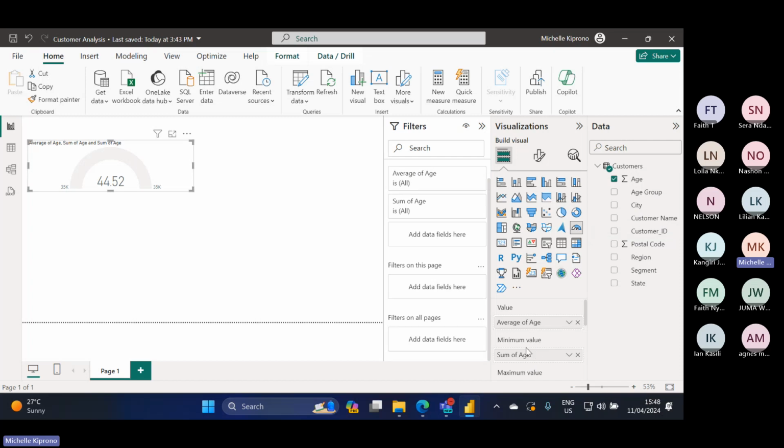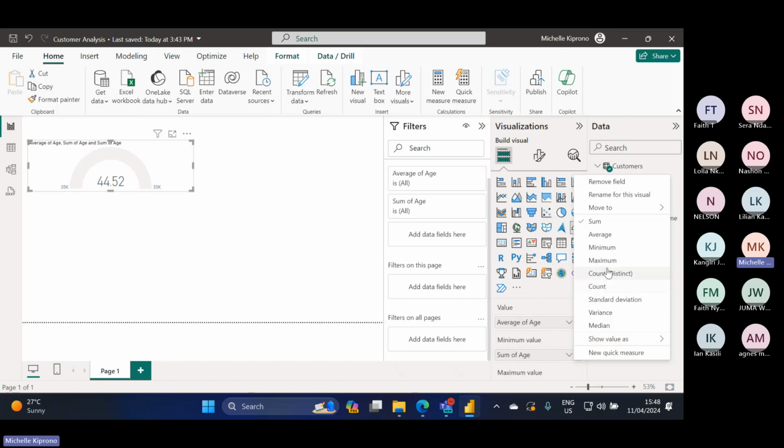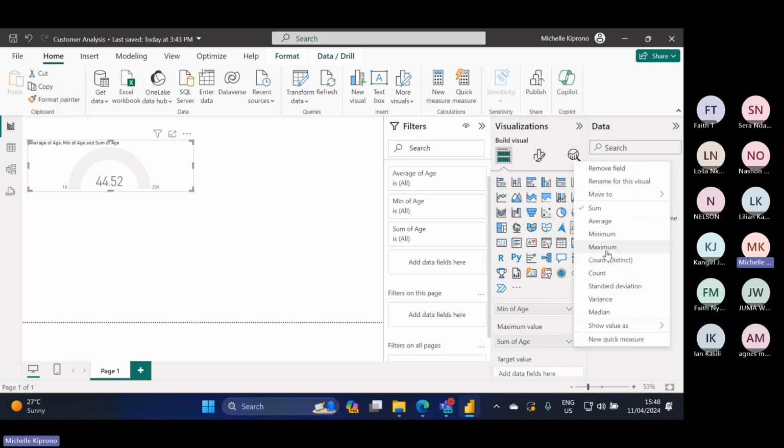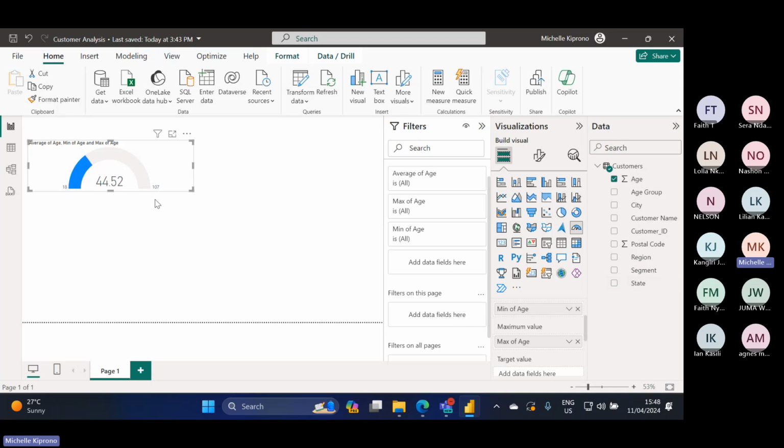We can also add the minimum age, so we can use the minimum option. Here is the minimum option. So yes, the youngest age is 18. Let me just add the brightness. Then the maximum age, which would be this specific part here. Scroll down, and under age, just add maximum. So you can see the maximum age is 107, the minimum age is 18, and the average age of the customers of this specific data set